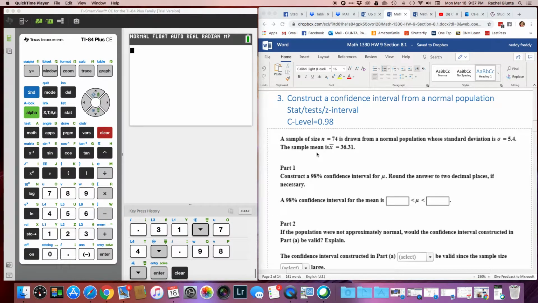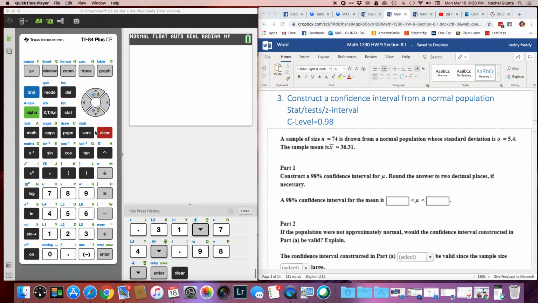So in 8.1, this is what the majority of your problems are going to be like. A sample size of something drawn from a normal population whose standard deviation is something, sample mean is something. So the keywords you're looking for here are that it's asking you to construct a confidence interval. And this percentage here is going to change every time. But as long as it says construct a confidence interval and it's in section 8.1, then you're going to follow